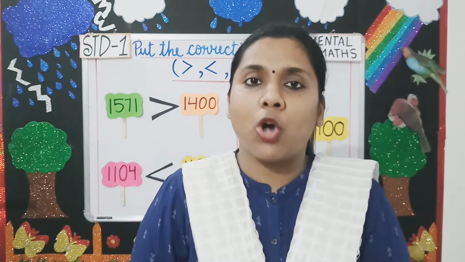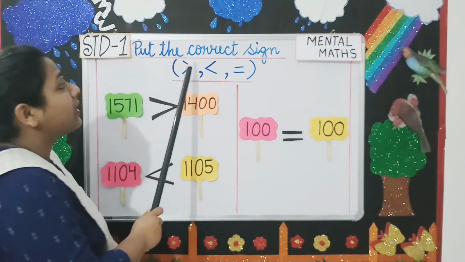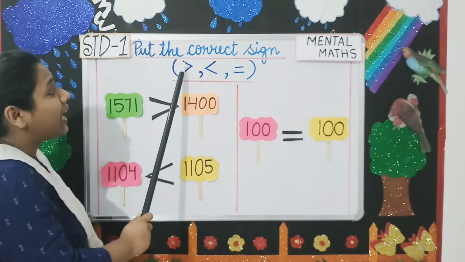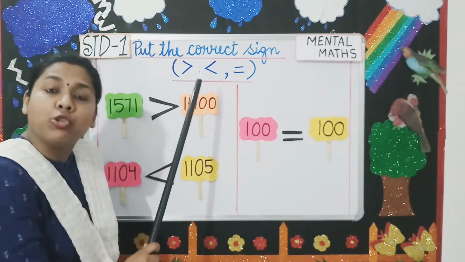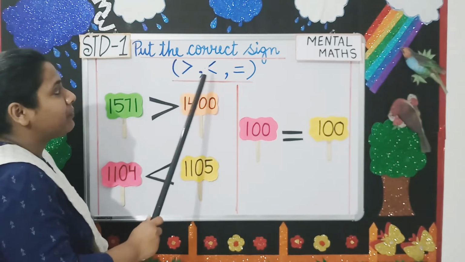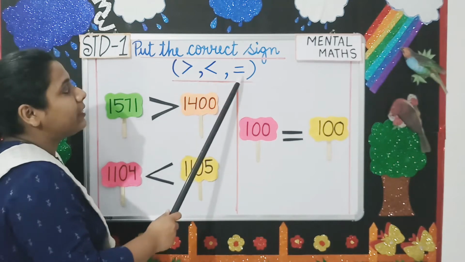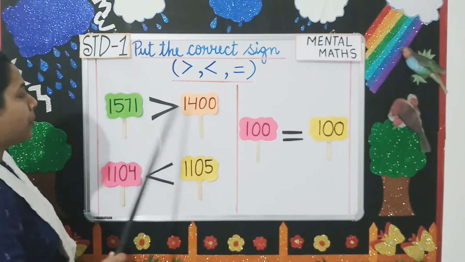So, our today's topic is put the correct sign. Now, this sign you can put when you compare two numbers. Now, what are the signs, students? This is greater than, this is less than, and this is equal to. See, these are two numbers. This is